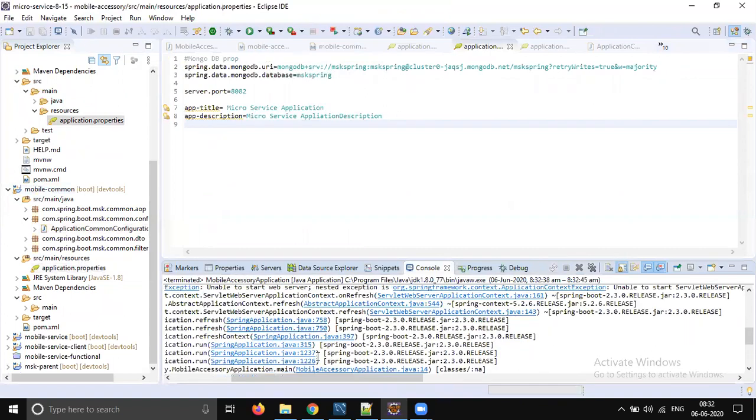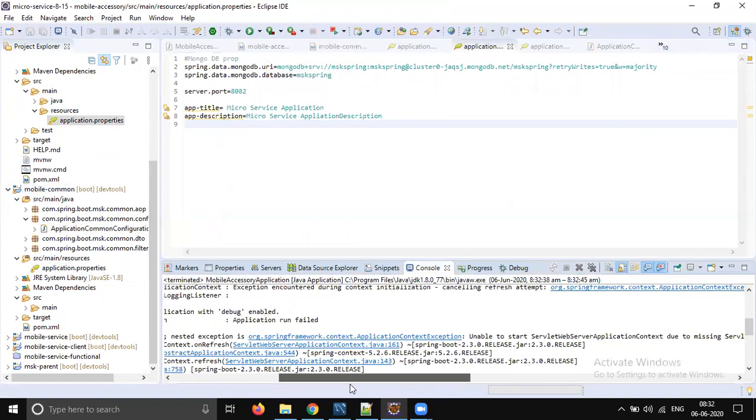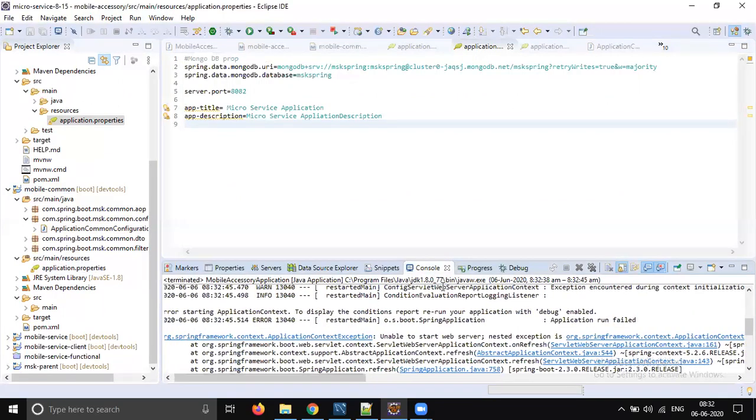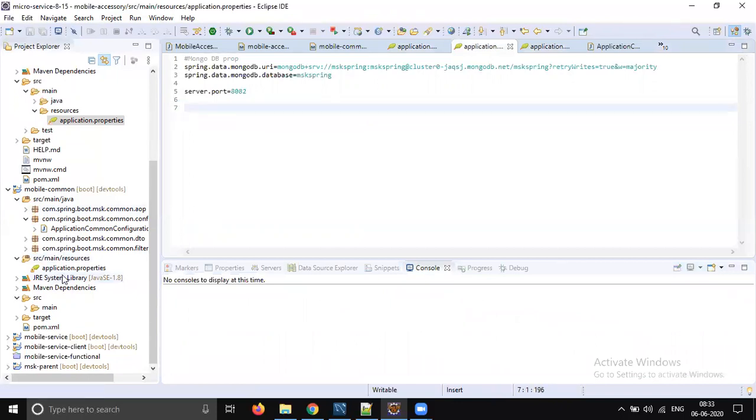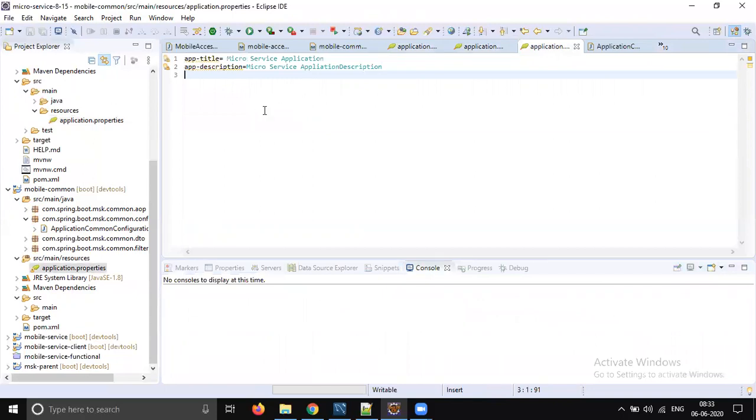Okay, I know what the problem is here. I'll tell you, but before that I just want to confirm why this is not loaded. Application.properties is part of src/main/resources, and we gave some name. Why is it not loading the common properties file?